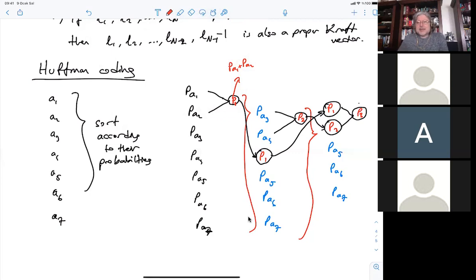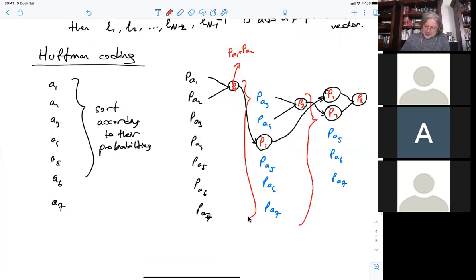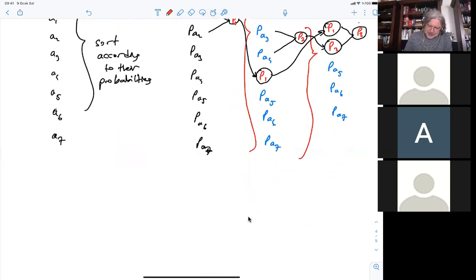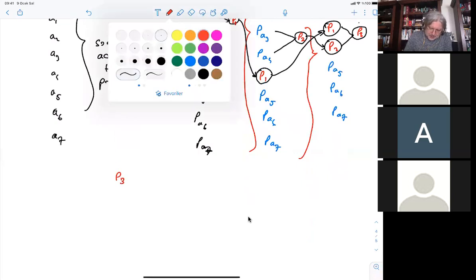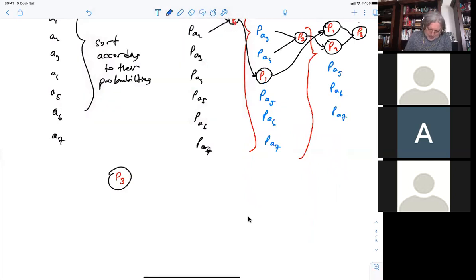And then they must be reordered. I'm running out of space, so let me continue from the bottom side here. I have a P3, and then I have PA5, PA6, and PA7. Suppose that this is also the correct probability ascending order by coincidence, and therefore I have to